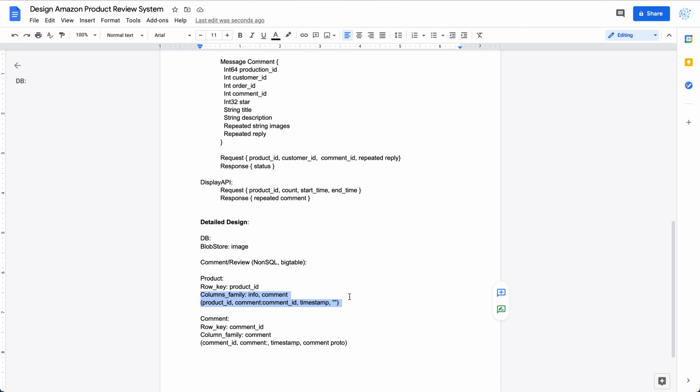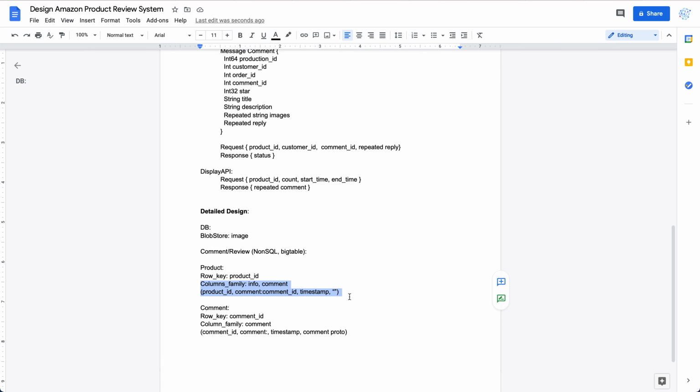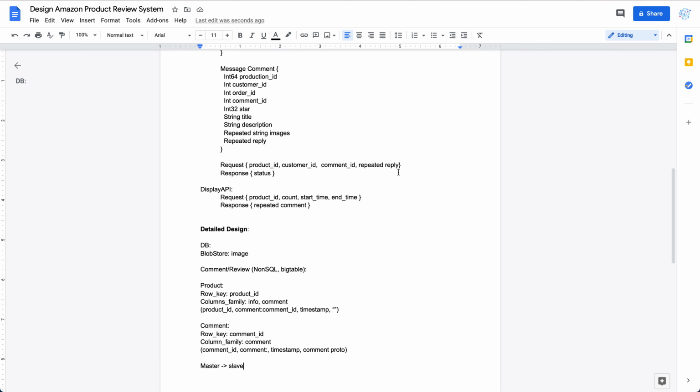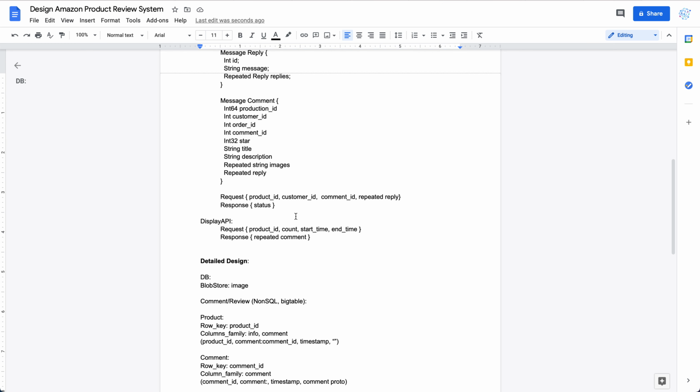So I think that's pretty much it. If you worry about the scalability, you don't need to worry about it actually, because Bigtable is highly scalable. It's a NoSQL, very highly scalable. And for this one, you need to set up some master-slave replication to make sure that you don't introduce any single point of failure. So you need to make sure that there is enough duplication, enough redundancy of the data, and also because we have the master-slave setup,